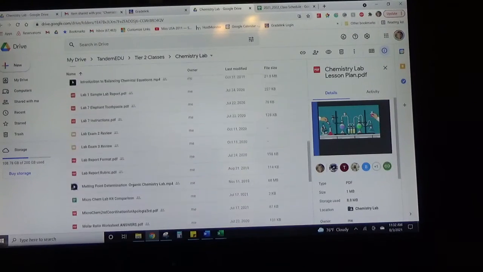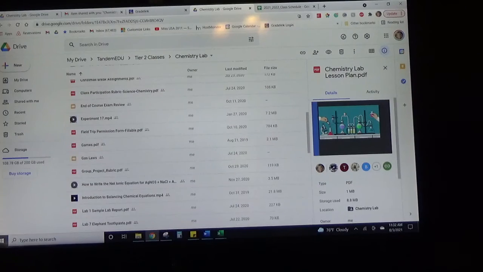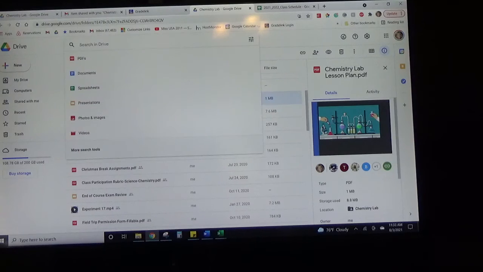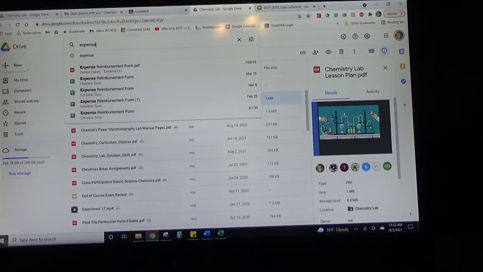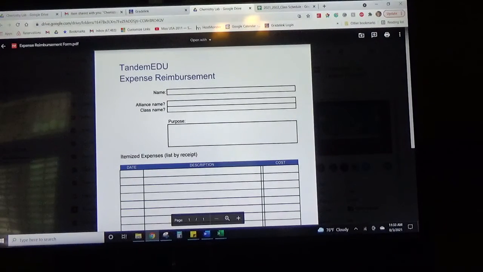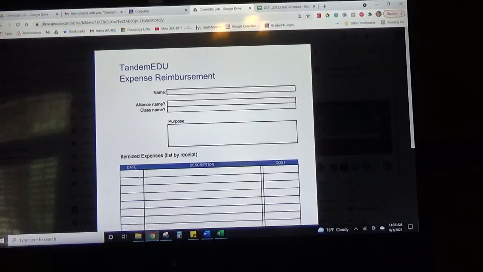Okay, she was talking about these classroom expenses. If that expense is like $10 or under, you can just go to your hostess and she will reimburse you. But you must have the receipt, okay? Take her the receipt and she'll reimburse you. Like I said, $10, maybe $15 or less. If it's a higher expense, then what you'll do is complete this form here